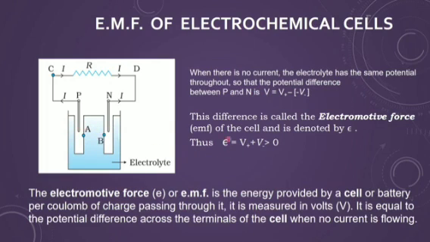So EMF: if I'm saying that V plus is the potential at the positive electrode and V minus is the potential at the negative electrode, then the potential difference is written as V plus minus V minus, which is always greater than 0. This difference is called electromotive force. Electromotive force is not a force; it is equal to the potential difference across the terminals of the cell when no current is flowing. You have to keep this definition in your mind. You can define it either as the work done in the complete cycle from B to A and then back from A to B, per unit charge, or another way is this.